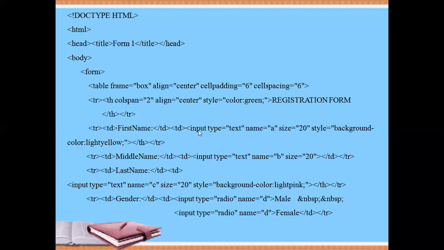And the code to write it is input type is equal to text. Put a name. Size is equal to 20. Specify any size here, 25, 30, whichever you want. I have set 20 here. And style is equal to background color colon light yellow.